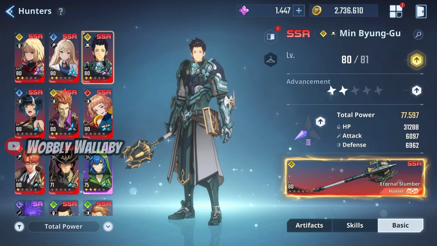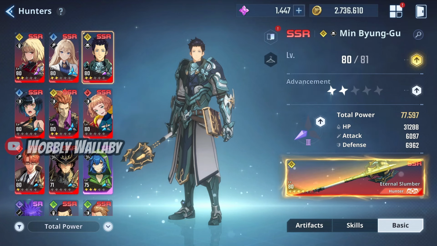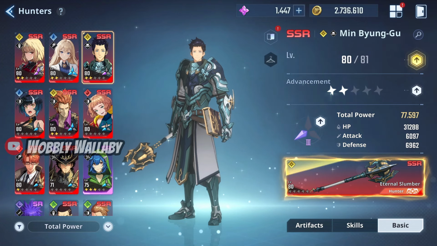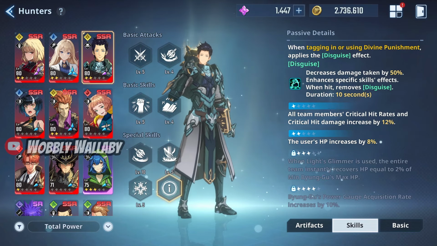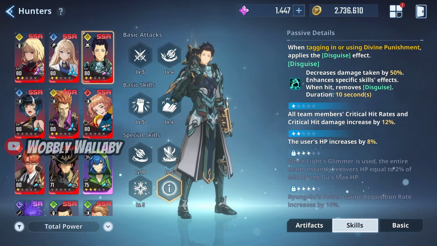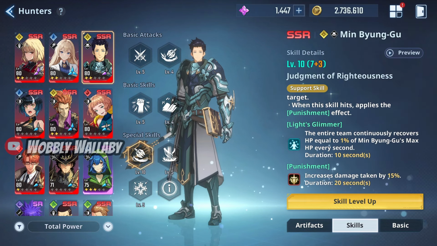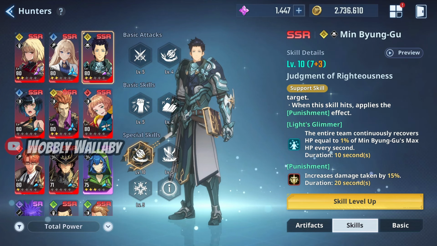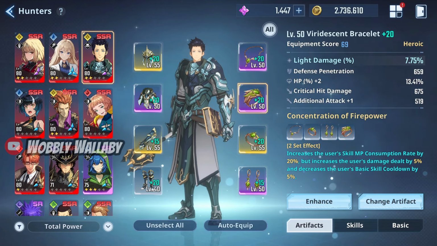Next is Min, whose weapon I also got to level 80. He is also light element, which is great. I used him for the healing and his insane debuff skill. He can also increase the team members' critical hit rate and critical hit damage by 12%. His support skill heals as well as debuffs the target to increase the damage taken by 15%. For artifacts, I had to get the HP percentage ones, and I would recommend getting the light attack artifact to